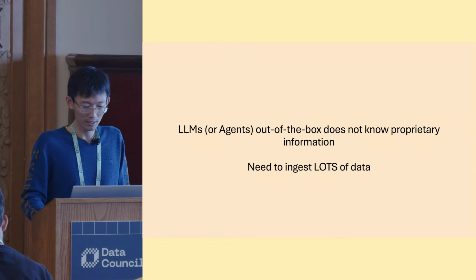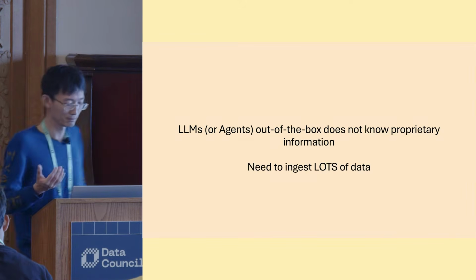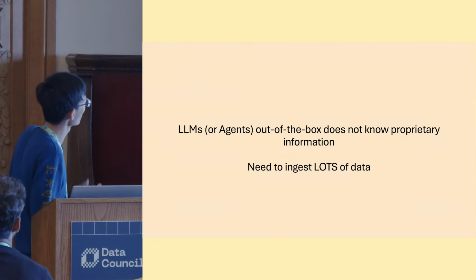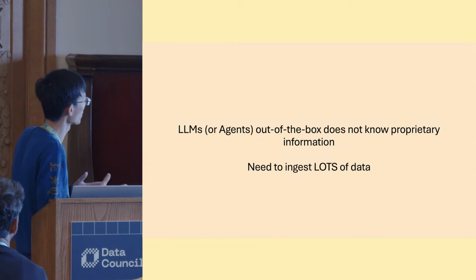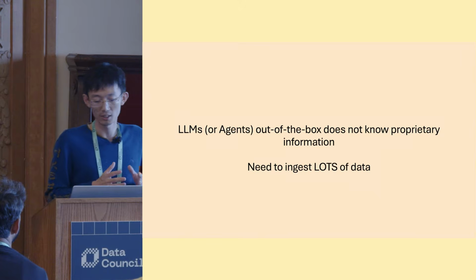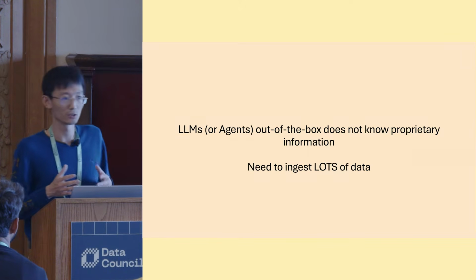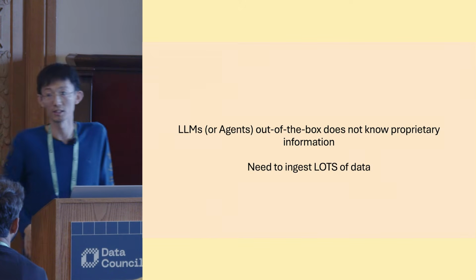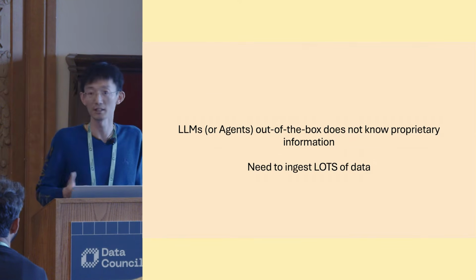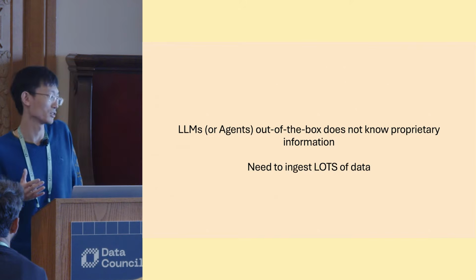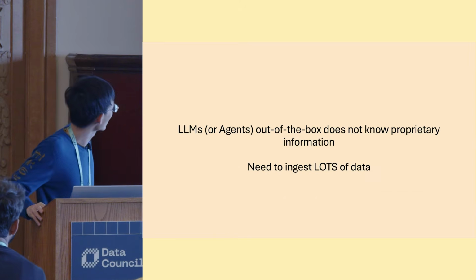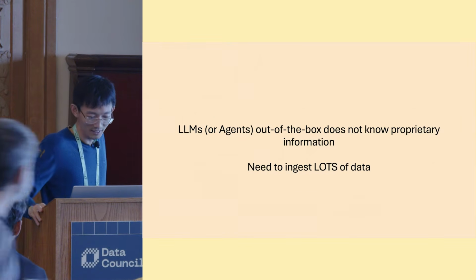So for those people who are probably not 100% familiar with the area, the thesis here is that a large language model out of the box doesn't know enough proprietary information. You do have to retrieve or ingest a lot of data so that you can equip the large language model with additional context to reduce hallucination. You can let the large language model know more things so that it can answer questions for you, right? I used to say large language models, and now I have agents in the parentheses.